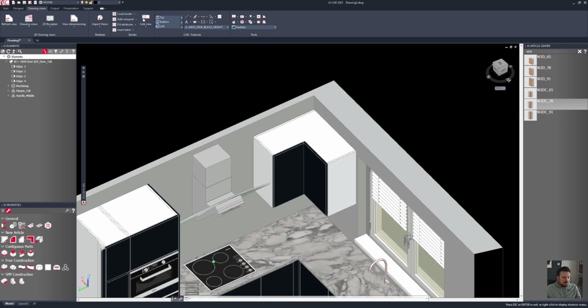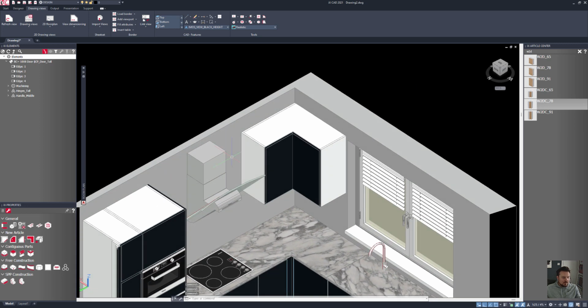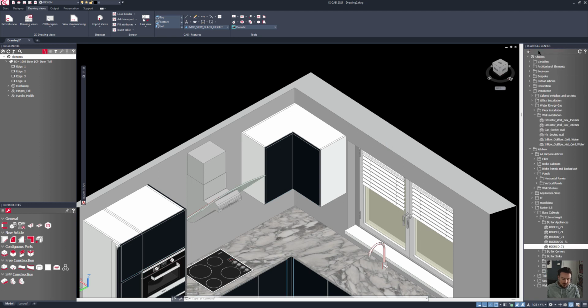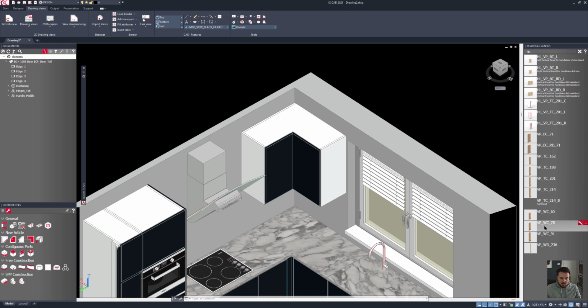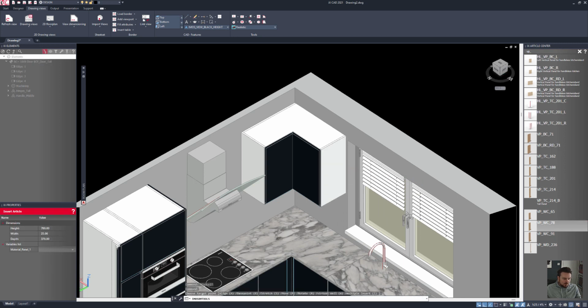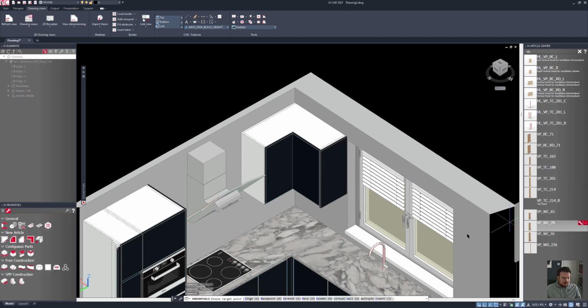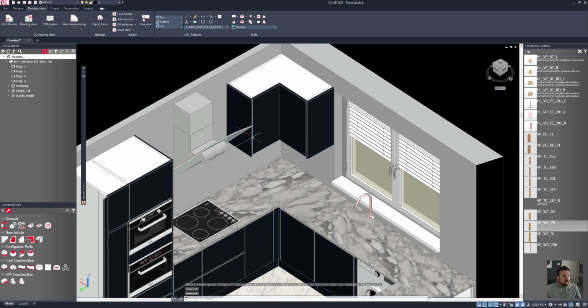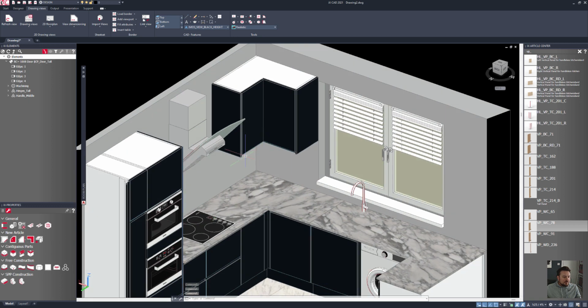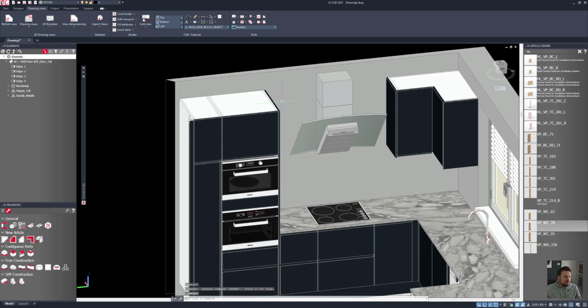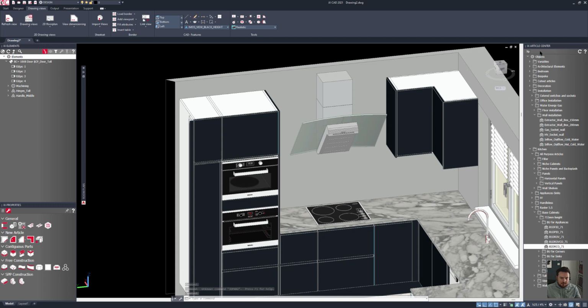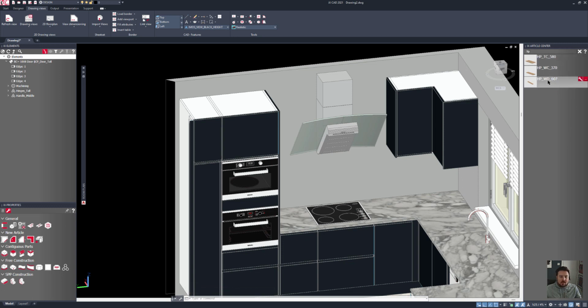So I've now got my bespoke size corner unit, and I need an end panel on these as well. So I'll say I want a VP for a vertical panel and pull through my end panels and just drop that into position left and right. And I just need my underclad panels going on these and my top clad panels as well running across the top. So I'll type in HP for a horizontal panel, and I've got my wall cabinet horizontal panel in here,